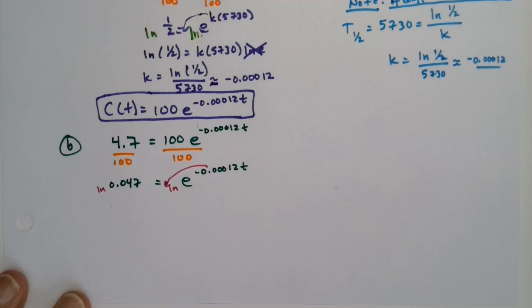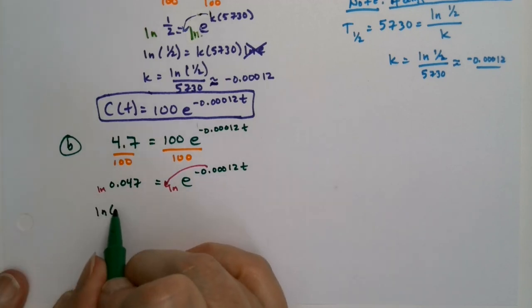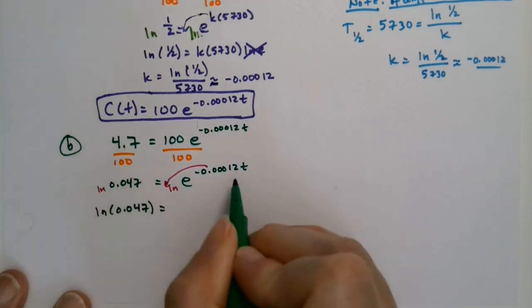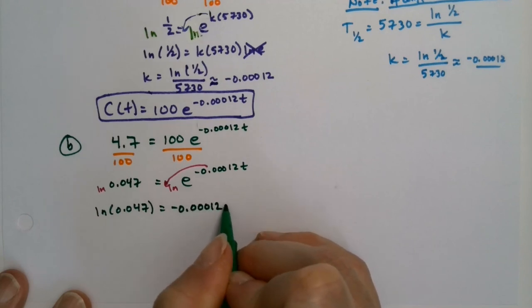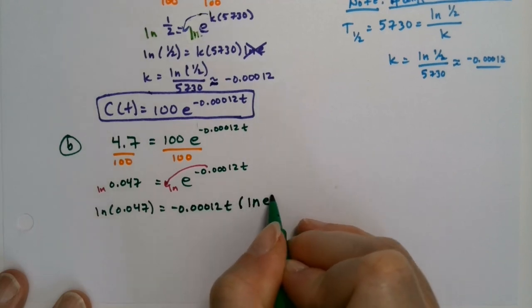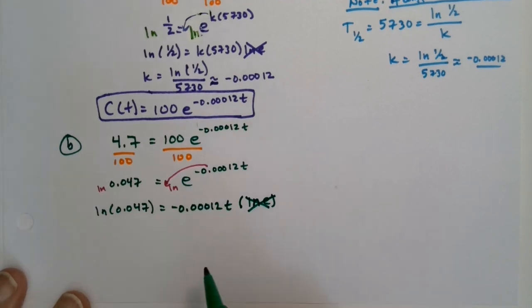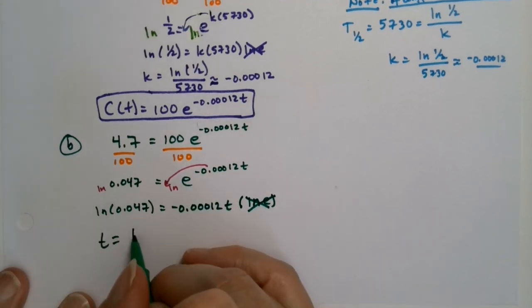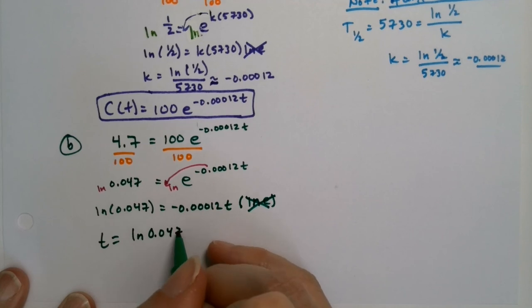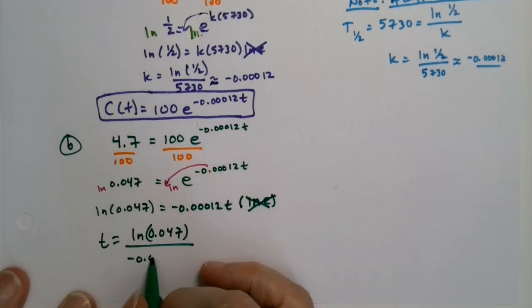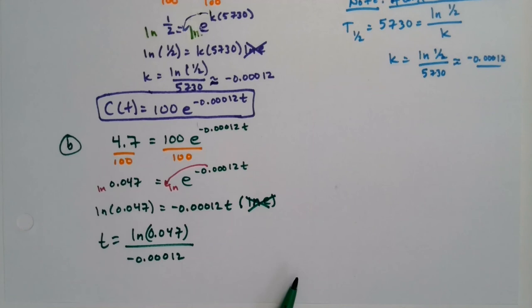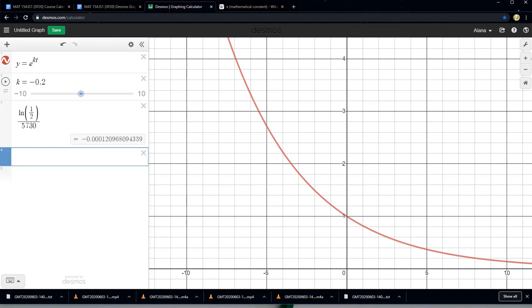So it's the natural log of 0.047 equals negative 0.00012t times the natural log of e, but the natural log of e is going to go away, so it's irrelevant. So t is the natural log of 0.047 divided by negative 0.00012. So I want to take the natural log of 0.047. I'm going to divide that by, now technically I'm dividing it by all of this, so I could just copy and paste that in there, and I'll get